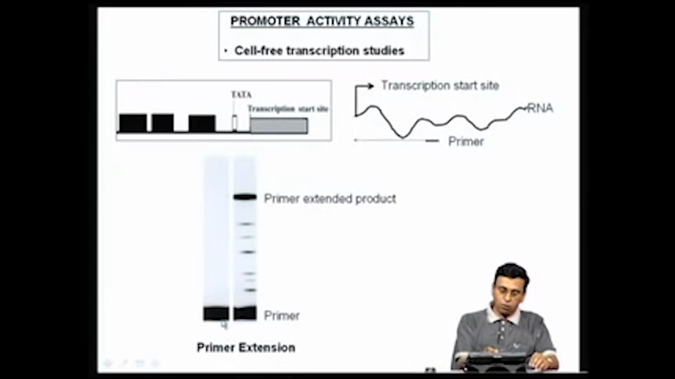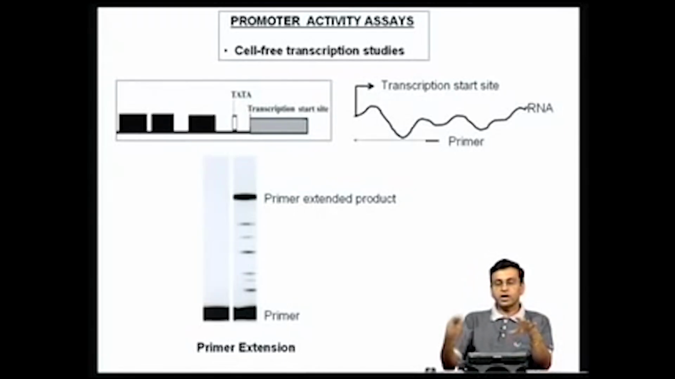You can see that when you have no template, only the radio labeled nucleotide and the other components, you do not get a primer extended product. But when you put the template and you have all the components for transcription, the transcription will start and RNA will be made, and you can get a specific extended product which is called the primer extended product. So, either using a G-free transcription template or using what is called primer extension, you can actually